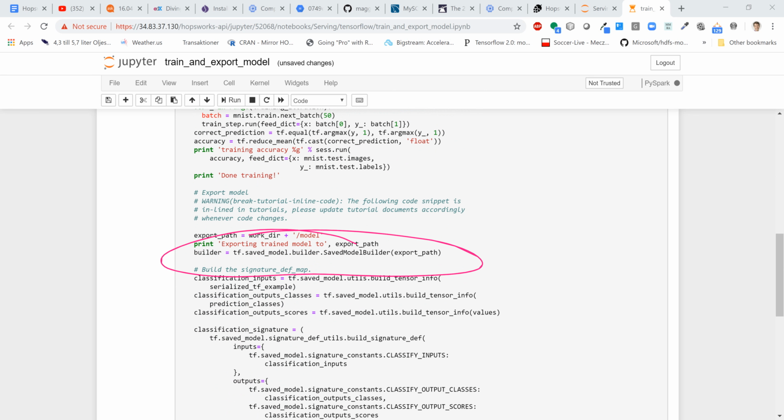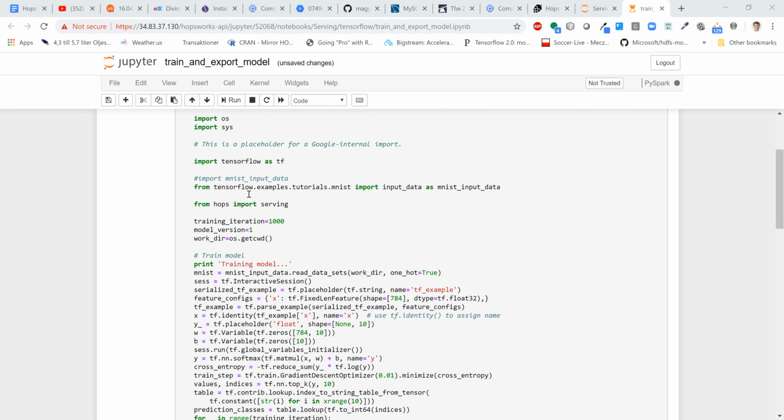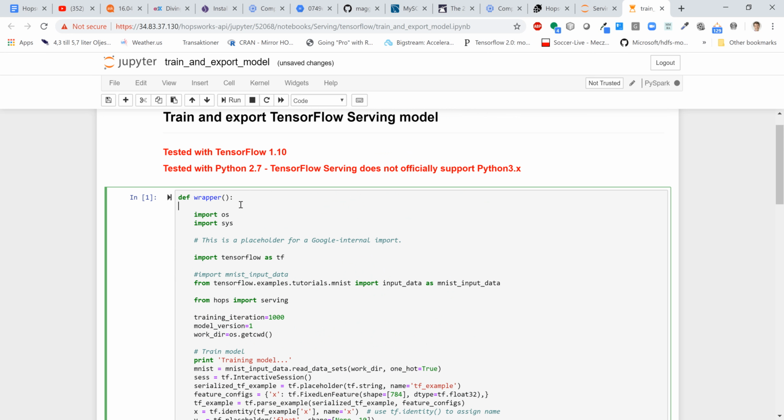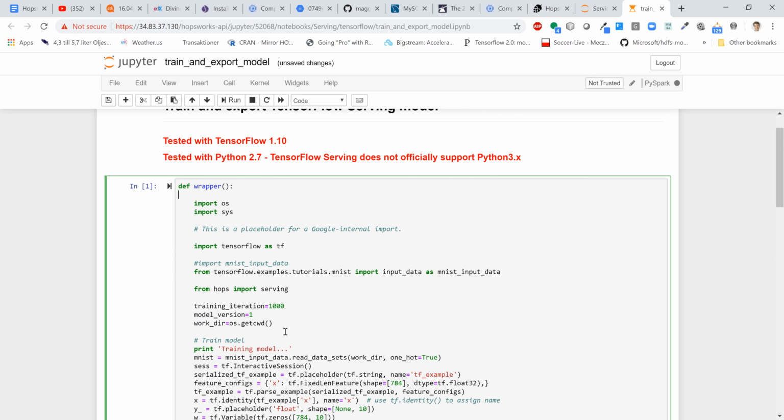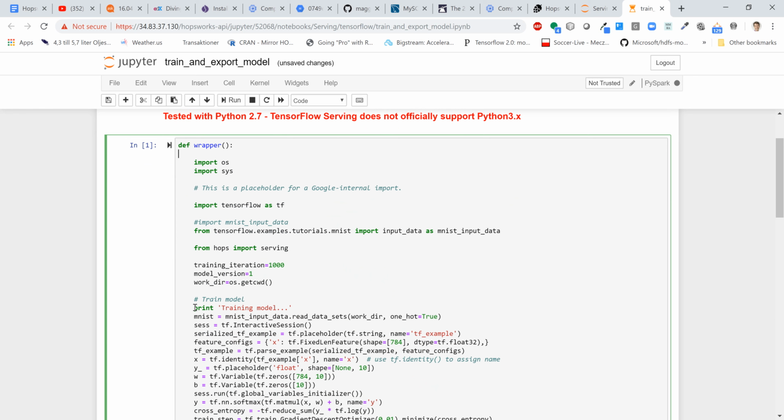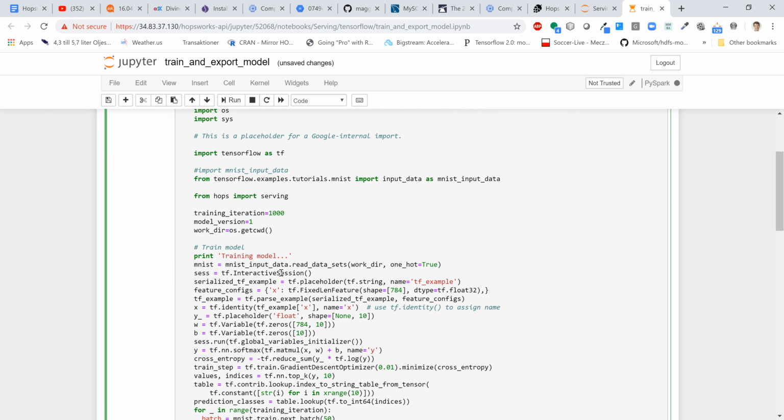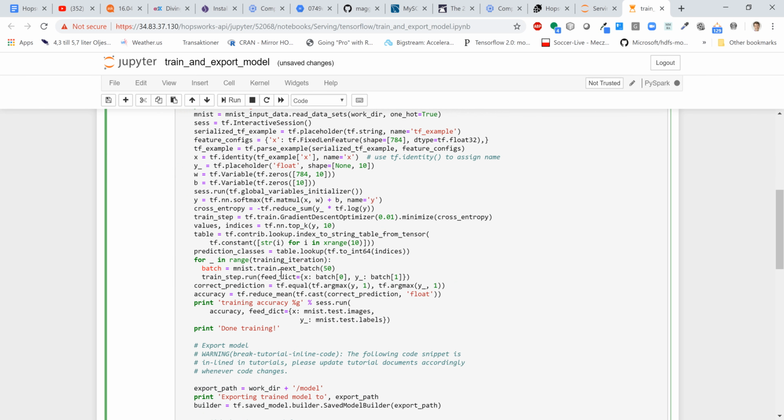That export path, if we examine it, comes from the work directory, and that work dir, if we search for it, comes from the current working directory. So in this case it's just going to take the trained model from the local path of the executor in the cluster,